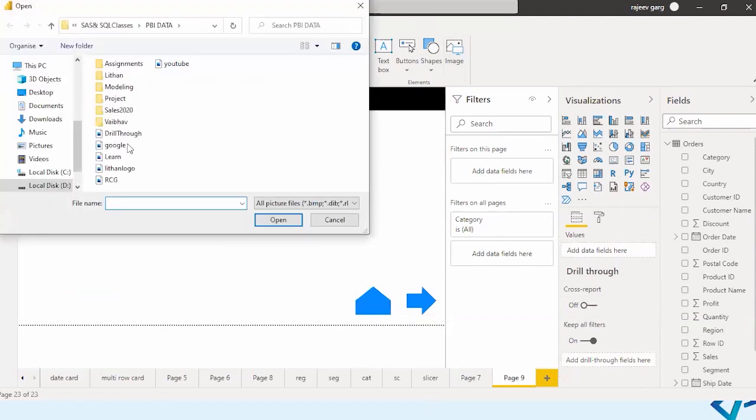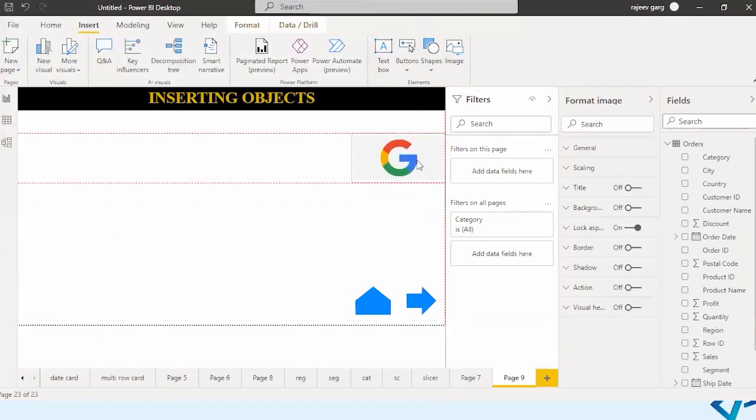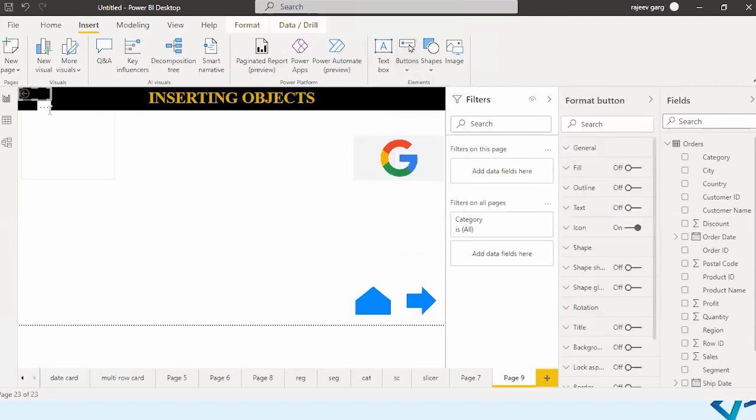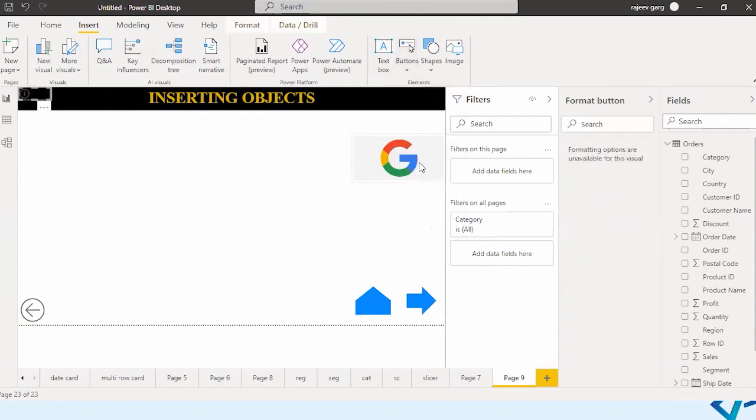Then you can insert the images. Let's take a Google image, open. So we have put in a Google image. Then if you want some buttons over here, you can also insert a button. You have a number of buttons over here, and a few buttons come along with predefined actions. So let me take a back button over here. Buttons, information.